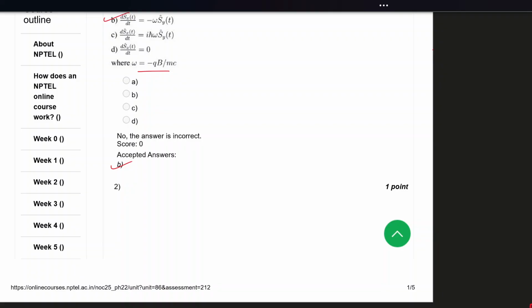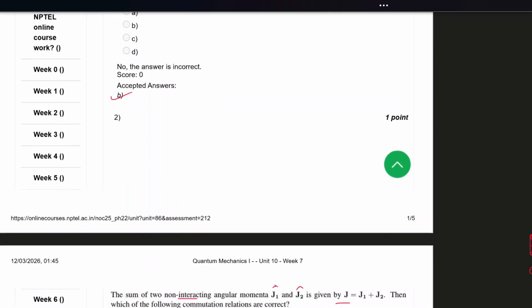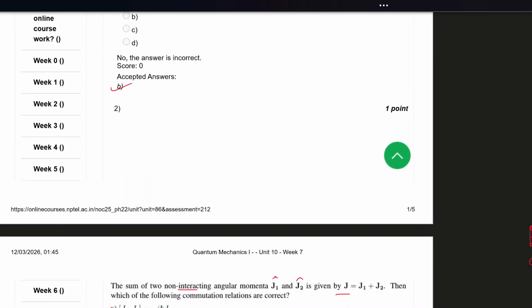But all these angular momentum operators follow a similar commutation relation. So like for J, I can write down that Ji